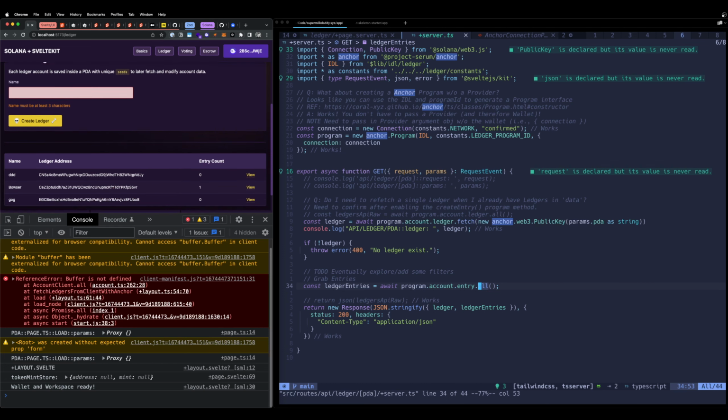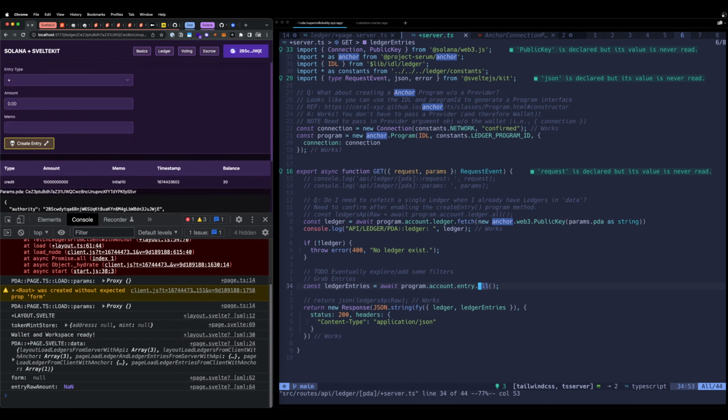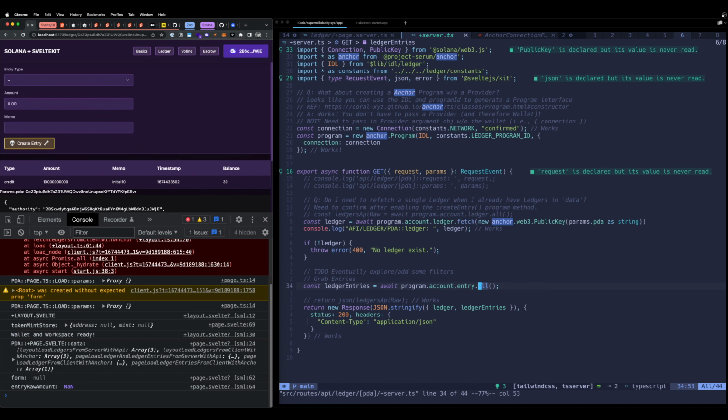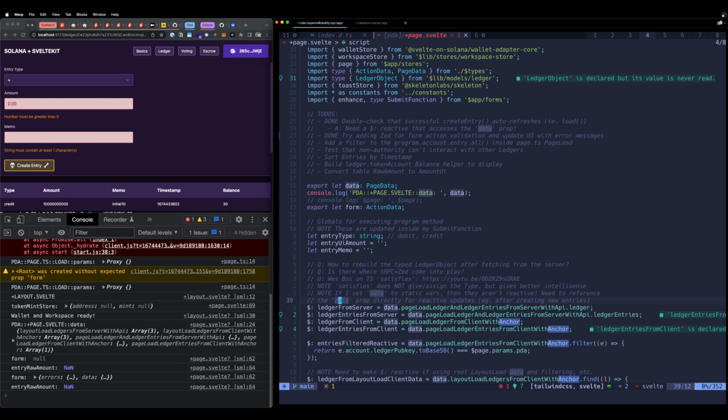Zod, the Zod validation seems to be working okay, enough to continue working with what I'm trying to do with this. And one area that's come up is I think it's time to work on getting my